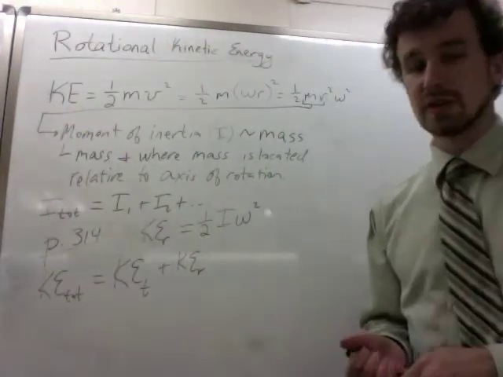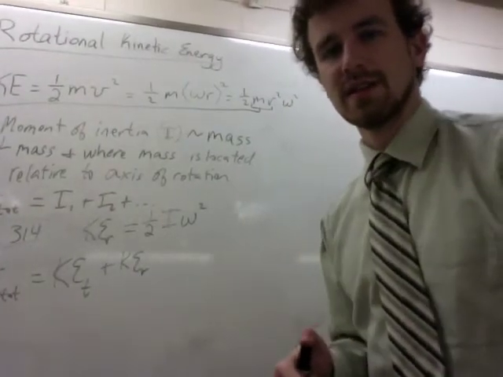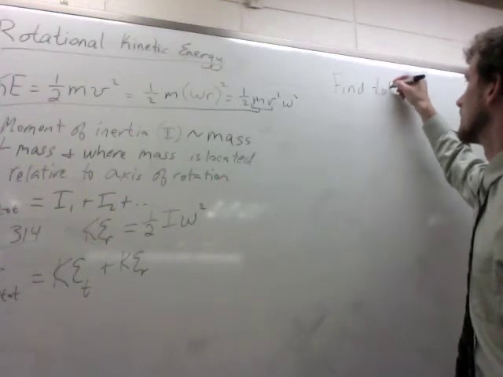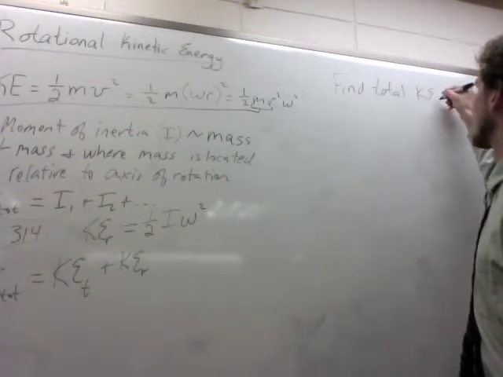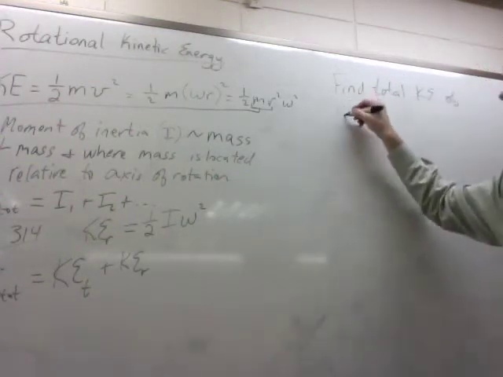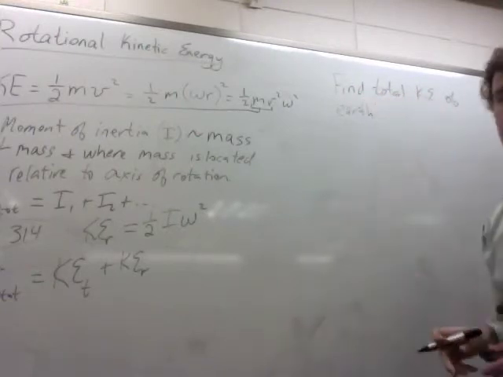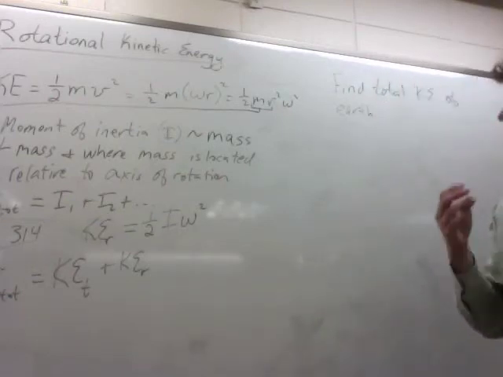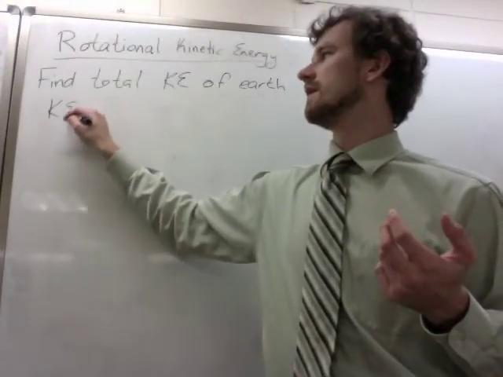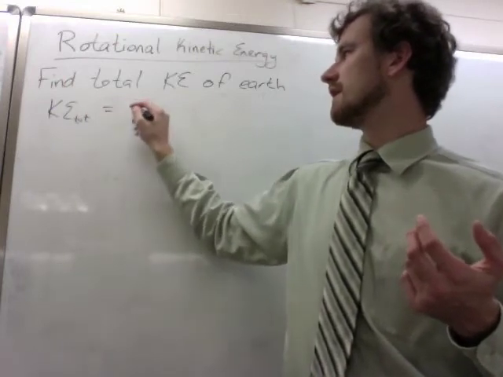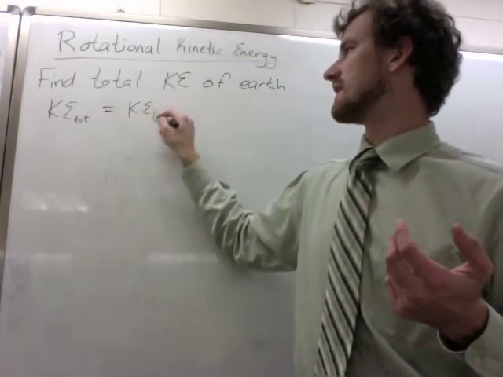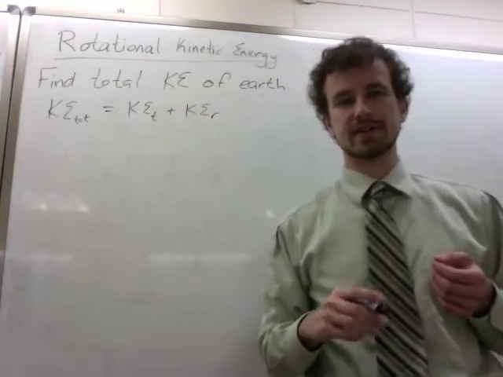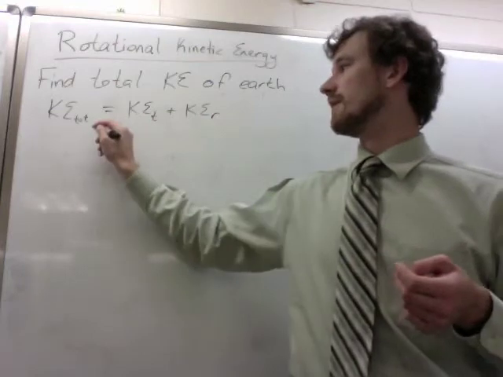Right. So if I asked you, for example, to find the total kinetic energy of the Earth as it revolves around the Sun, that would require two parts, because we now know that our total kinetic energy is equal to our translational kinetic energy plus our rotational kinetic energy. Right? And we know our translational